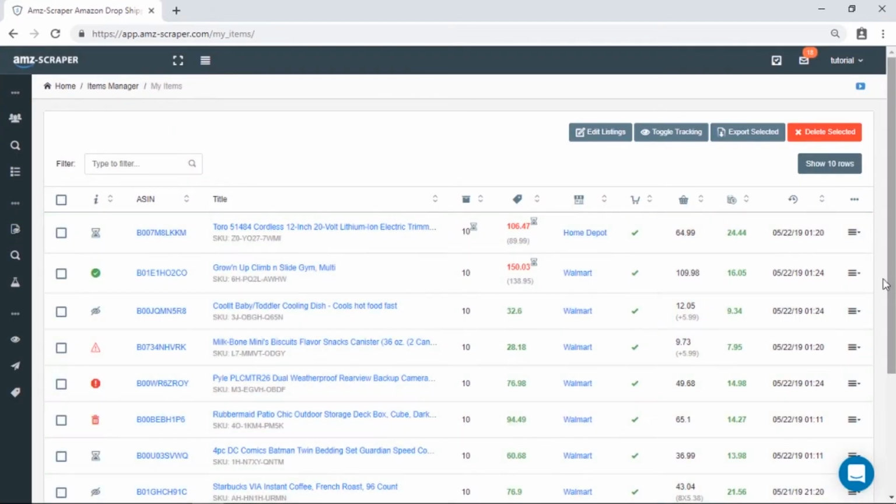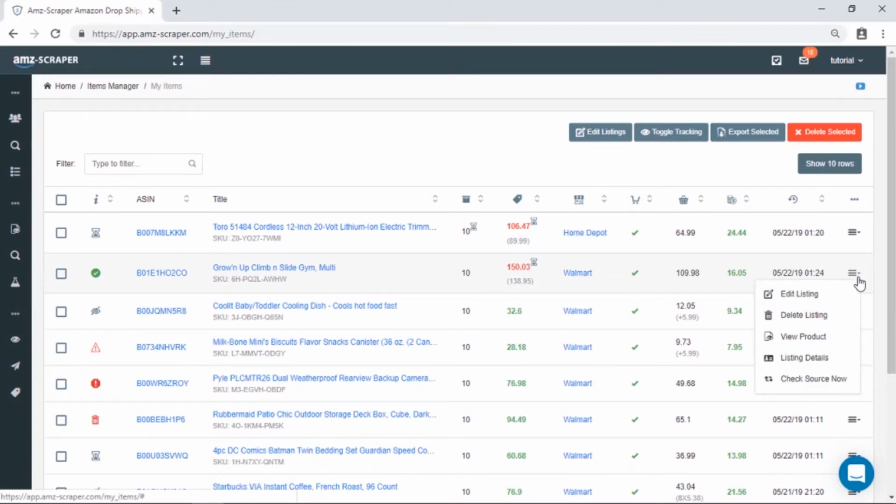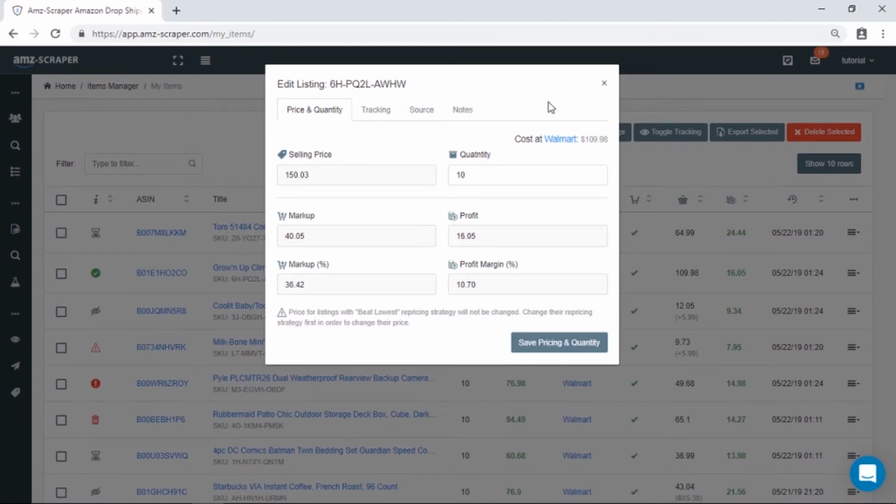This is the Actions menu. These actions will act only on specific products for that row. Edit Listing will open a window with edit options for that product only. This window is a little bit different than the edit listings that we had before. The first tab is the Selling Price tab. When you change it, Amz-Scraper will calculate the markup and the profit, and those will be shown as an amount and as a percentage. You can also enter any desired profit or markup, and the software will calculate the selling